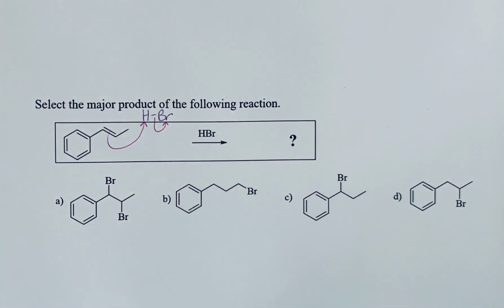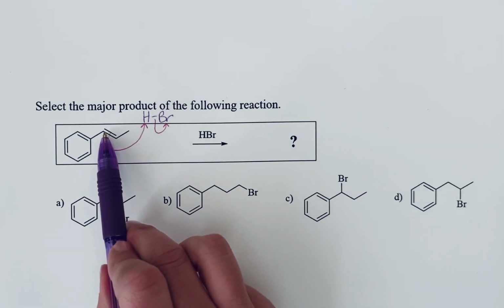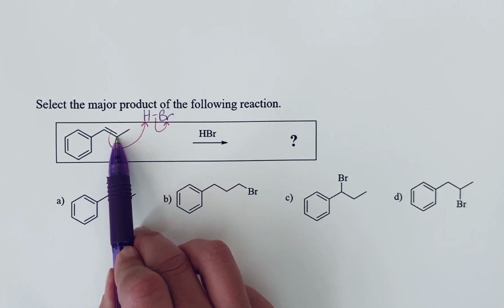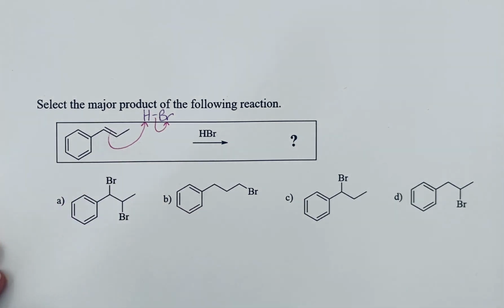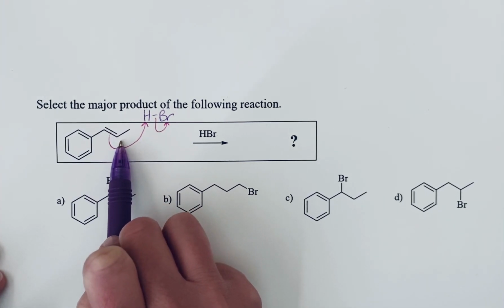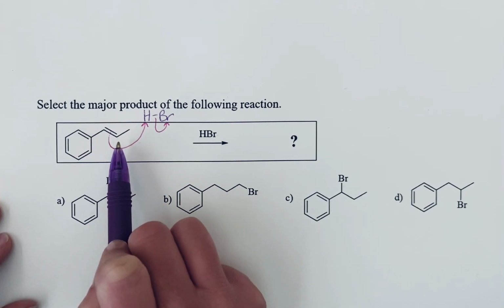And so the question that we have to answer now is, where did this hydrogen add? Did it add to this carbon or did it add to the adjacent carbon? And so at first glance, we might think, well, we're not going to get any selectivity here. We know that a carbocation is more stable if it's more substituted, but these are both secondary carbocations, or so it appears. Let's go ahead and draw those two carbocations and take a look and see if there's anything that